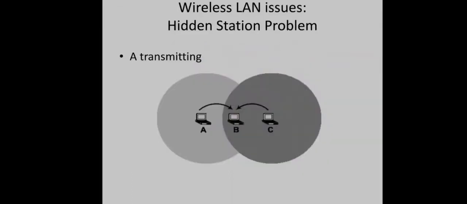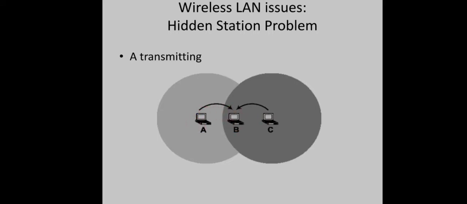Before moving into the protocols, let us think about the major problems faced by wireless networks, and those are the hidden station problem and the exposed station problem. Let us start with the hidden station problem. In a wireless network, every node has a fixed radio range around it. Here the light gray color indicates the range of A, and the dark gray color indicates the range of C. In the intersecting part, the signals from both will be there. For A, B is accessible whereas C is out of range. For B, both A and C are accessible. And for C, B is accessible, A is out of range.